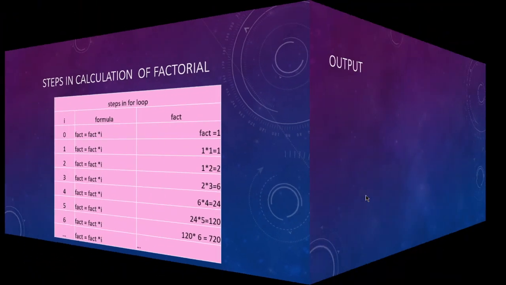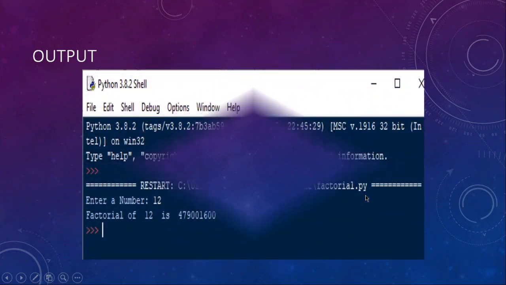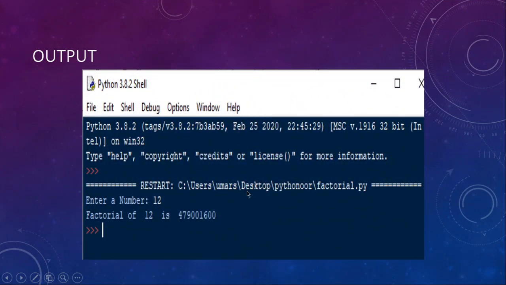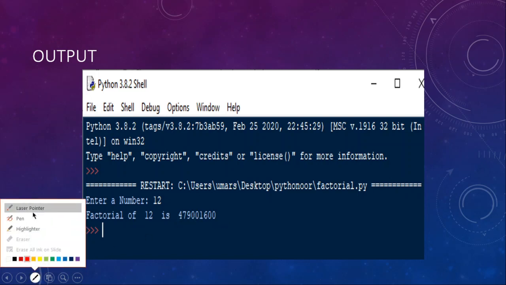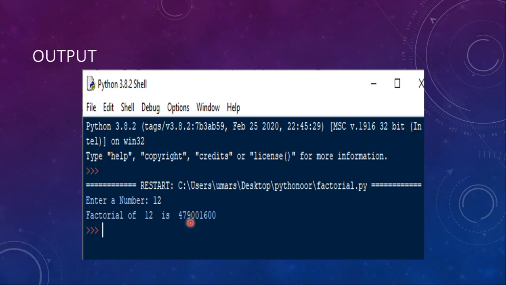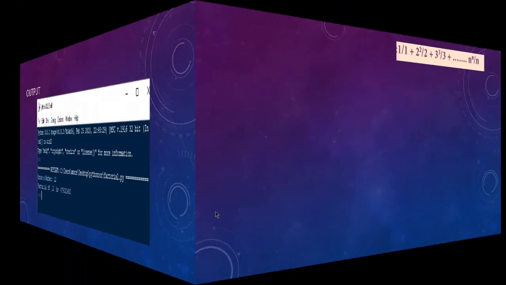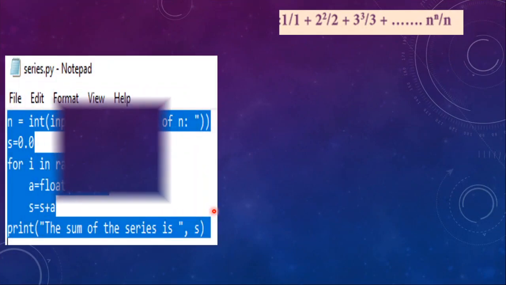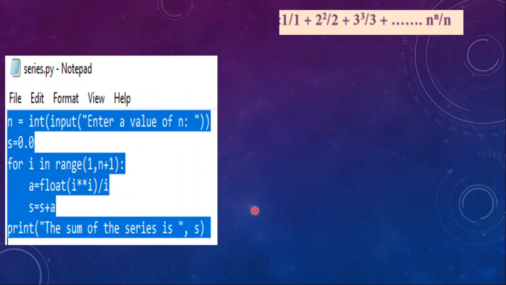Now let us see the next part of the program. This is the output of the factorial program given in your example. The factorial of 12 is 479001600, which is given in your textbook. And now let us see the next part of the program, which is the sum of the series. So we are going to find out the sum of